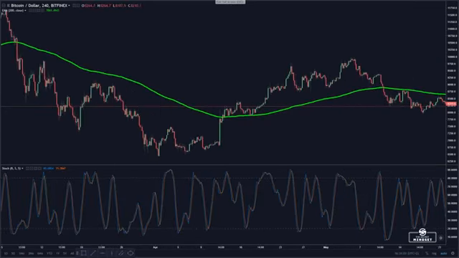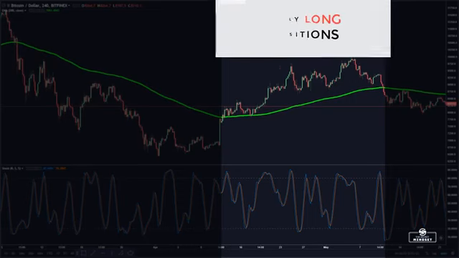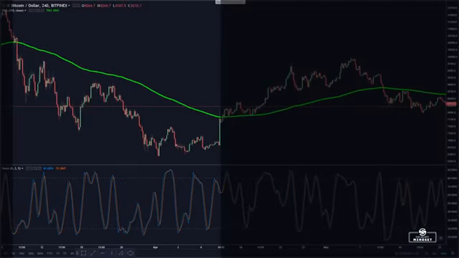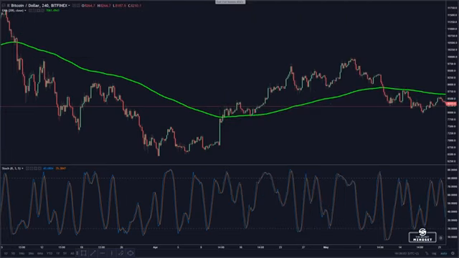Here's how we take signals with this swing trading setup. When the price trades above the 200 EMA, we consider taking only long entries. When the price trades below the 200 EMA, we consider taking only short entries. We search for divergences between the stochastic indicator and the price only in the direction of the main trend indicated